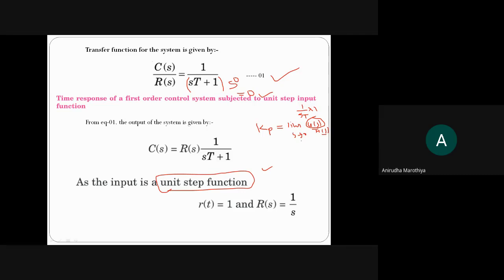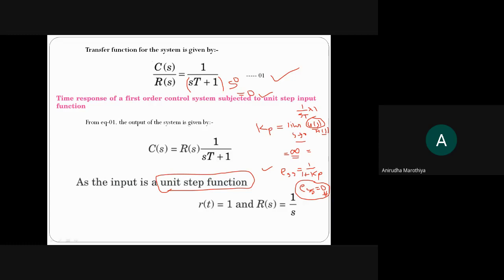Now, if you solve this limit, if you put s tends to 0, something divided by 0 is going to be what? Infinity. Therefore, the value of the positional error coefficient is infinity. And if you calculate the steady state error, we know that it is equal to 1 upon 1 plus Kp. But the value of Kp is infinity. So if you put Kp infinity over here, you will get the steady state error equal to 0. This is very important. Because the steady state error is 0, we can say that the system is absolutely stable. That means for a specific duration of time, the actual response and the desired response of the system are exactly equal.